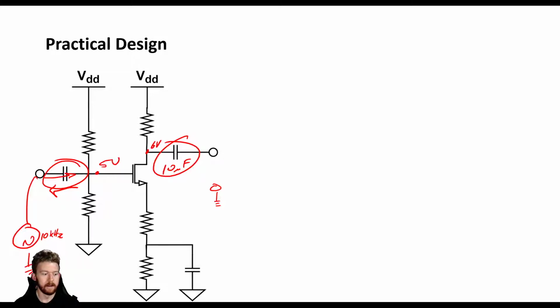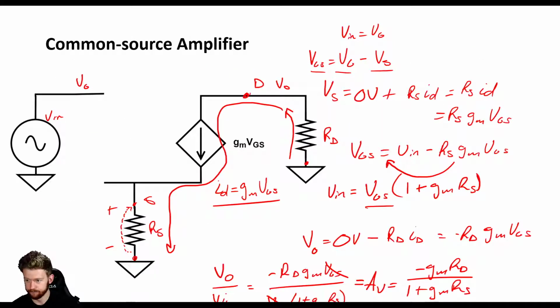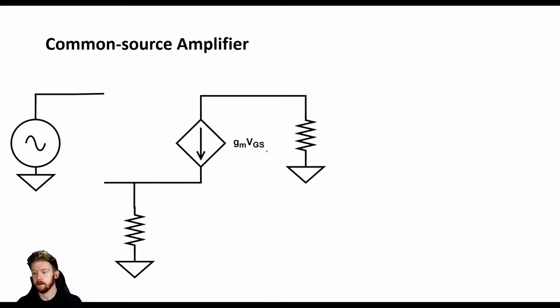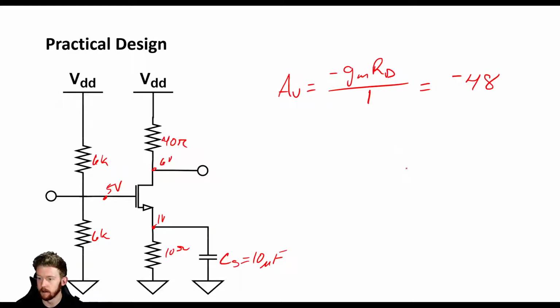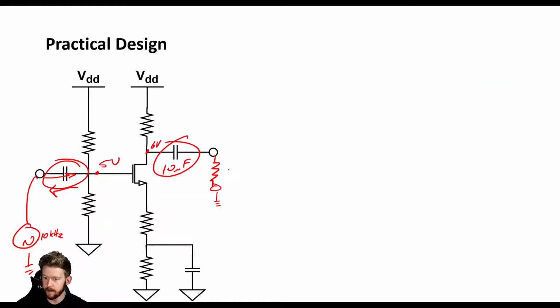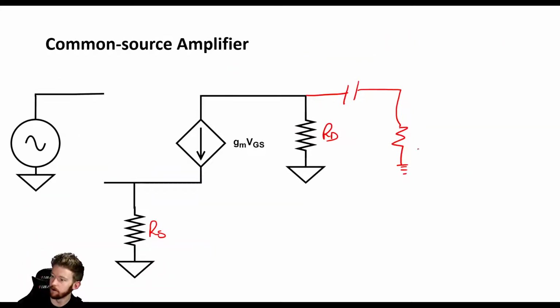Now, the last thing that I want to talk about before we move into the LT Spice example is what happens if you have an actual load resistor here. So if we move back to the hybrid pi model, and let's just say I get rid of all this different stuff. Let's see if there's a good way to just clear all the annotations. So if we have our drain resistance here and our source resistance, if we have this capacitor, and say, for example, we have something like a load that we're driving. So if we come to the very end, we have a load resistance. Maybe it's like 100 ohms or something like that. If we have this 100 ohm load resistance,